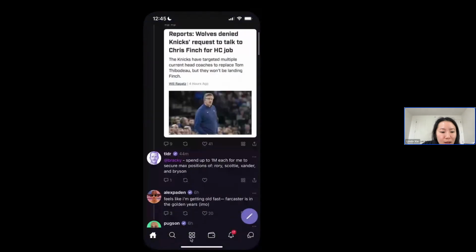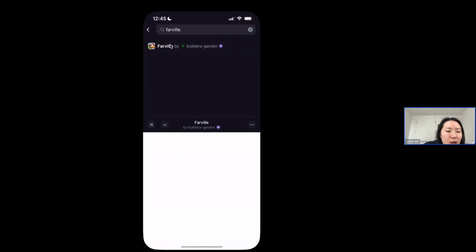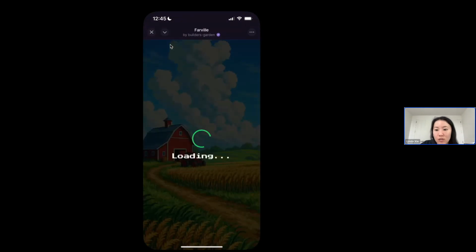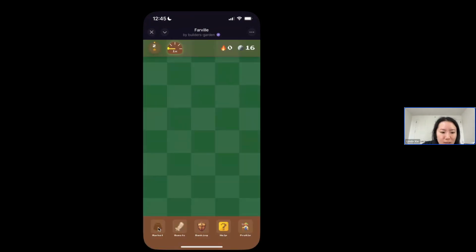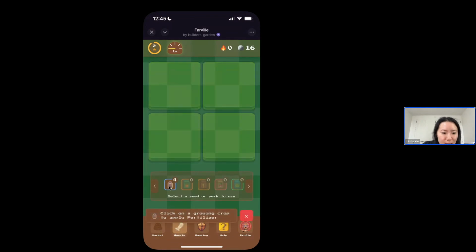You also have Farville, which is one of our most popular. They are the equivalent of Farmville on top of Farcaster. I think they did a really great job first just building it out, and it's a very seamless experience.